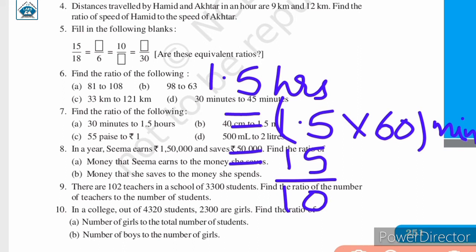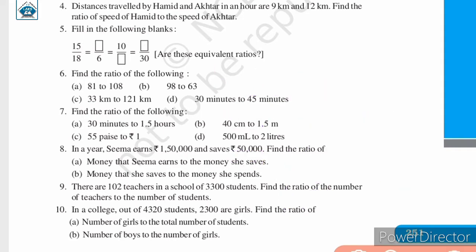It is same. We are just writing this decimal in its fraction. So when you multiply this with 60, it is easier to solve. So the zeros, you can cancel them out. 15 multiplied by 6, that is 15 6 which is equal to 90. So you can say that 1.5 hours is equal to 90 minutes. That is 1 hour and 30 minutes. So 60 minutes is equal to 1 hour.